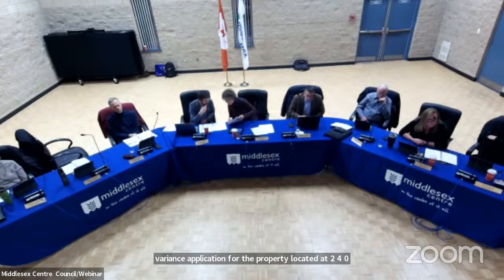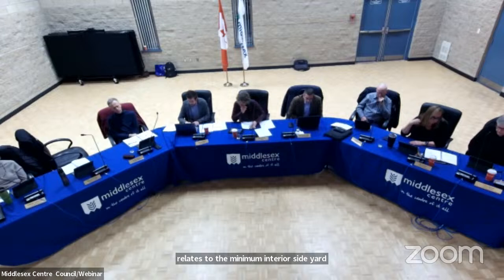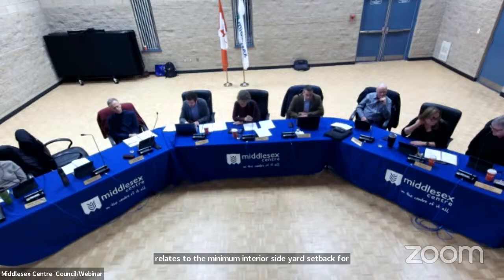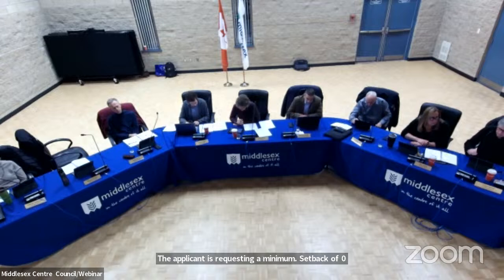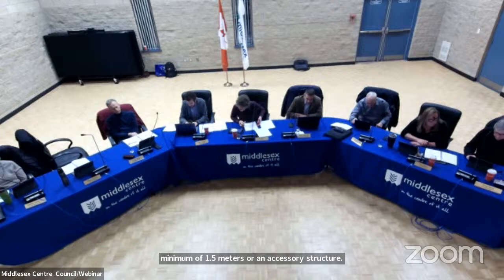The purpose and effect of this application is to seek relief from the zoning bylaw as it relates to the minimum interior side yard setback for an accessory building. The applicant is requesting a minimum setback of 0.6 meters or 2 feet, whereas the bylaw requires a minimum of 1.5 meters for an accessory structure. The effect of this proposal is to facilitate the construction of one accessory building in the front and side yard